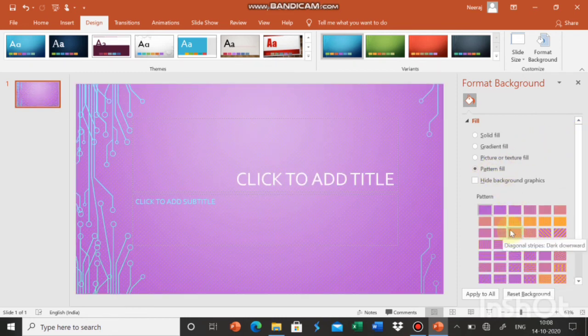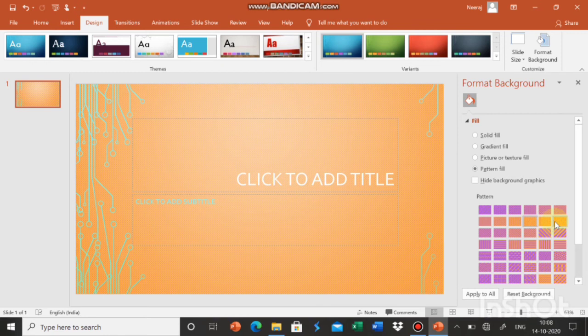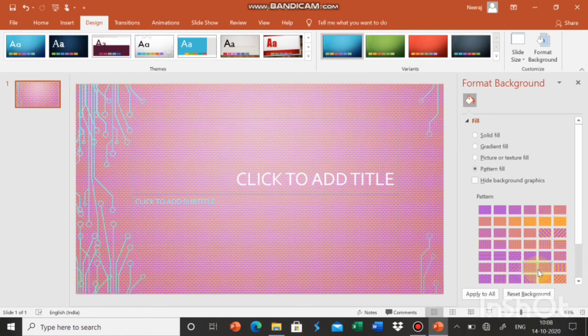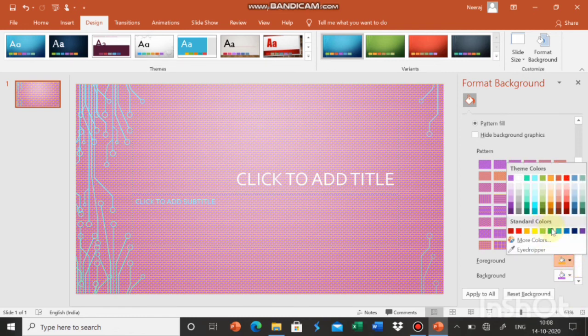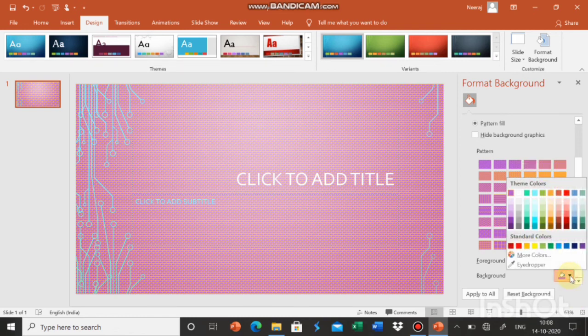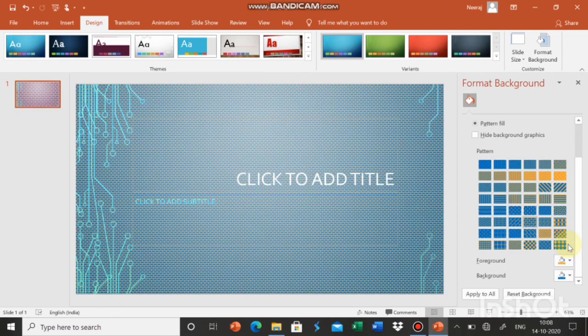These are different types of patterns which you can choose for your slides. Like these are small dots, large dots, bricks. These are different patterns available. We can choose the color also. Like this, we can choose different types of colors.